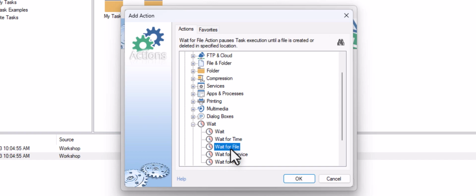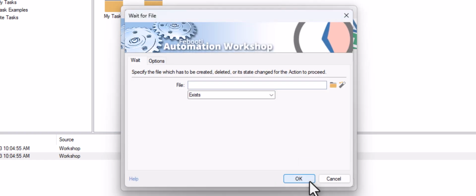The Wait for File action does exactly that. It waits for files to be present. We need to specify a file name to wait for. However, since we can't predict which file will be placed in the monitored folder, let's use the variable wizard.